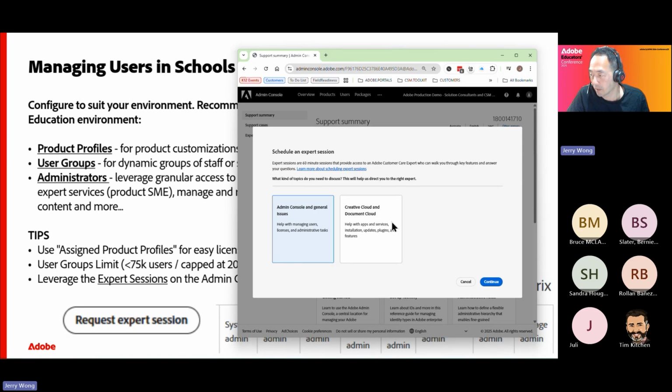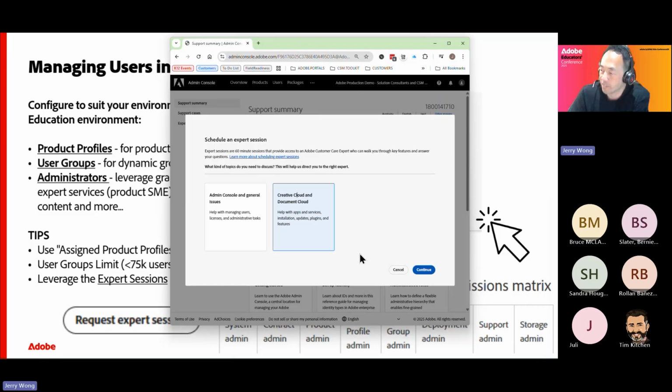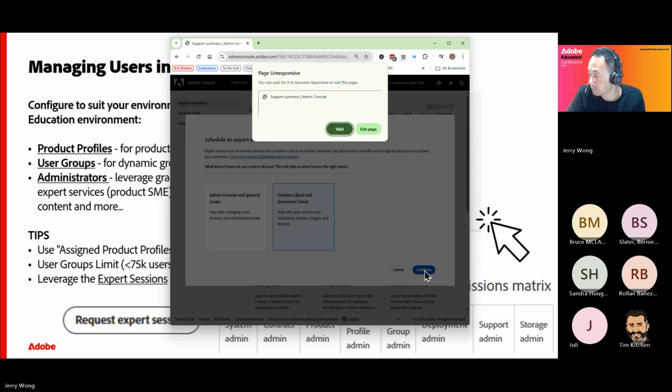So if I click on this section here, which will open eventually, and if we click next, you can select which Adobe product you want to get help on, and you'll get access to an SME, a subject matter expert, about that particular product, which is not showing at the moment, unfortunately.